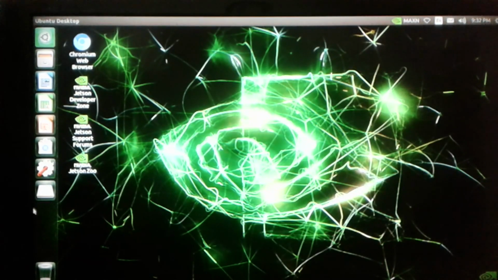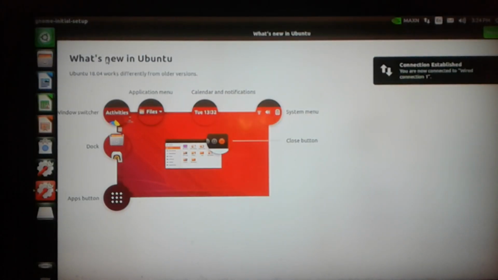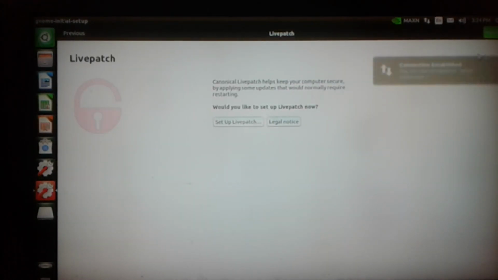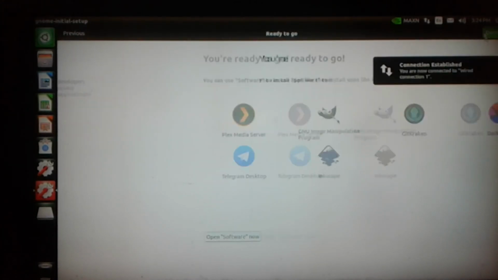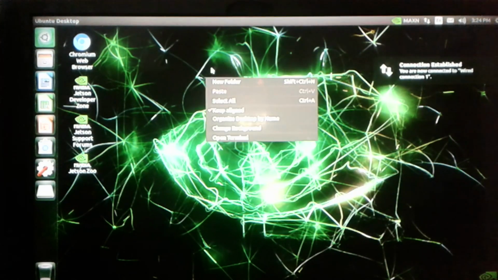I close that. When you connect to the internet, I will show you. I'll plug this Ethernet cable into the Jetson. When you plug it in, it will show some Ubuntu setup, I think. Yeah, this is what's new in Ubuntu. It gives this, next. I don't do this. No, do not send information, and click next. Done. That's all. Nothing to do. Okay guys, we have successfully booted the Jetson Nano using a keyboard, mouse and display,